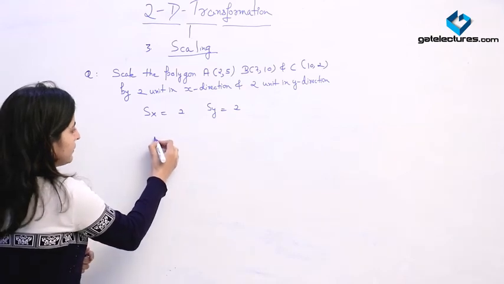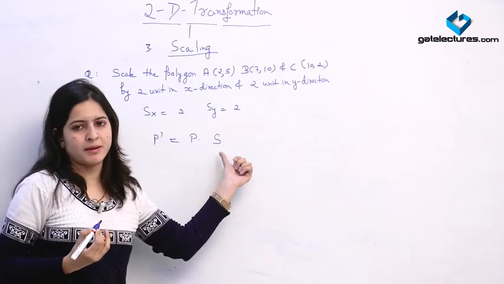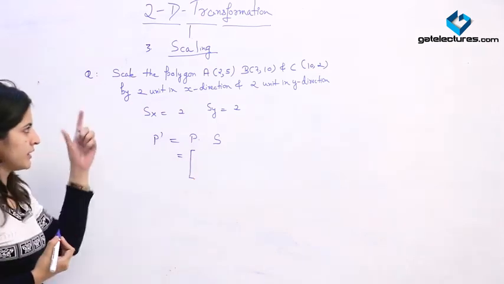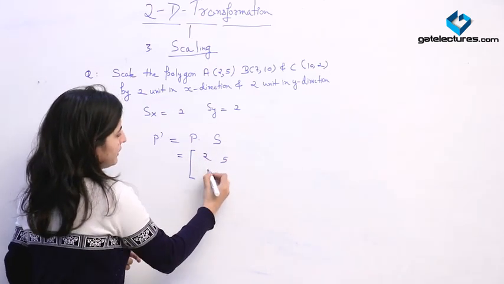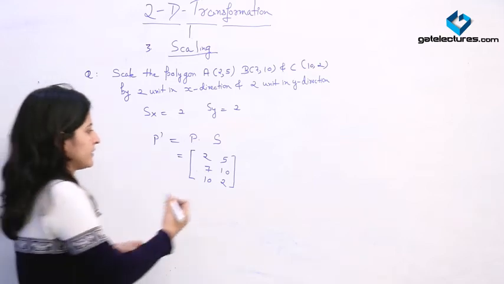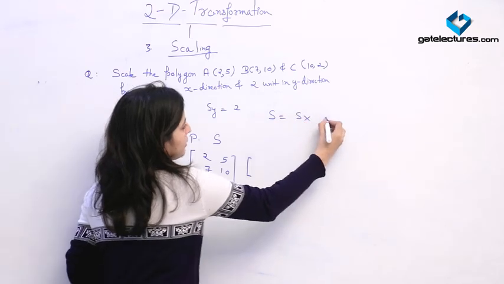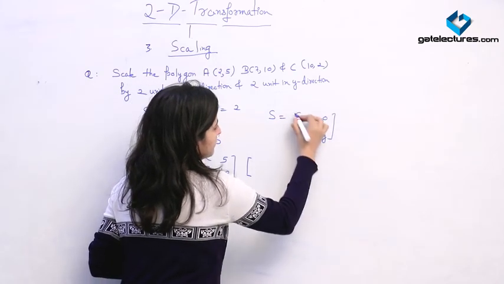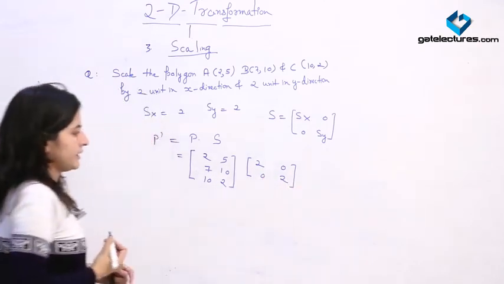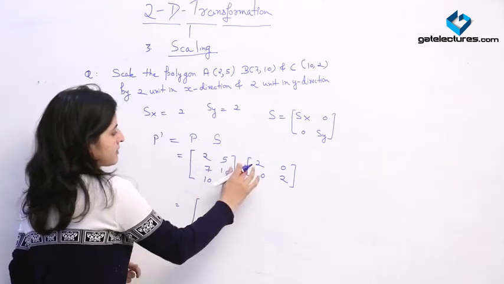Here they have not mentioned that the polygon is a triangle, but we know that. So directly applying the equation, we know that P dash is equal to P dot S, meaning the new coordinates will be solved by this equation, and the value of P we are directly putting here. The coordinates we are having are [2 5; 7 10; 10 2], multiplying it with the scaling factor. We know the value of S is [sx 0; 0 sy], so I am writing it here as [2 0; 0 2]. Again we have to solve it by matrix multiplication. First row, first column, we will get